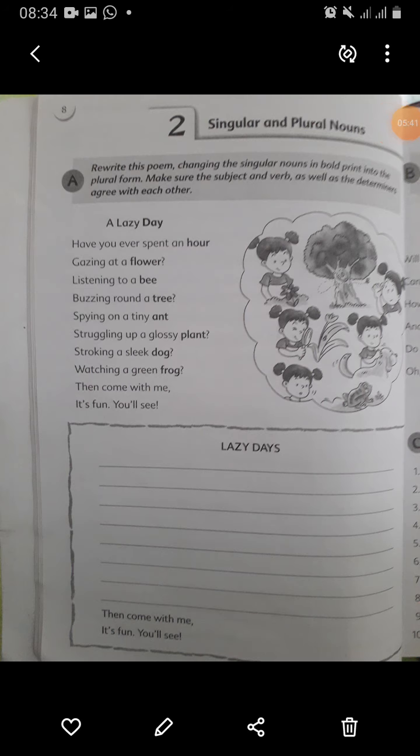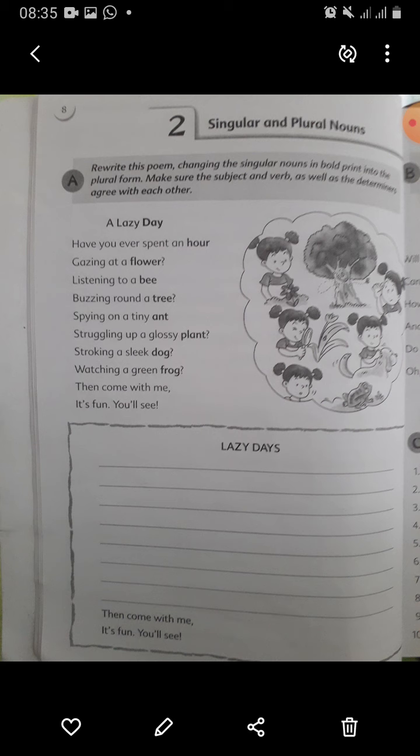Now, dear students, open your books and come to page number 8. Singular and plural nouns. Rewrite this poem changing the singular nouns in bold print into the plural form. Make sure the subject and verb as well as the determiners agree with each other. The poem is given. A lazy day.